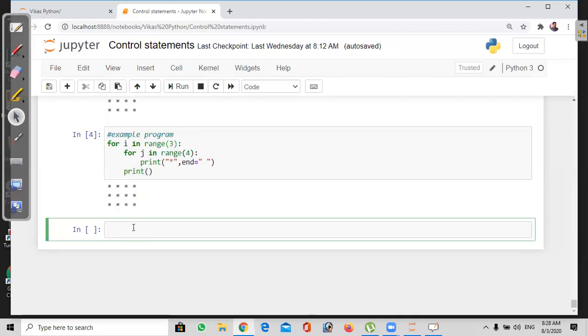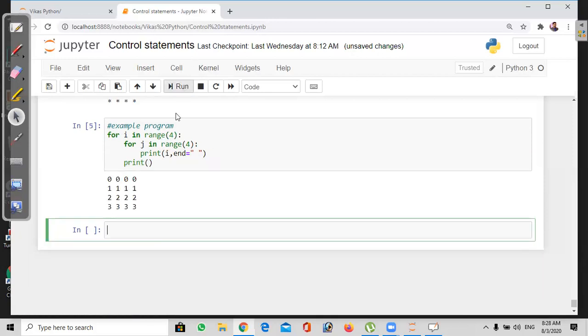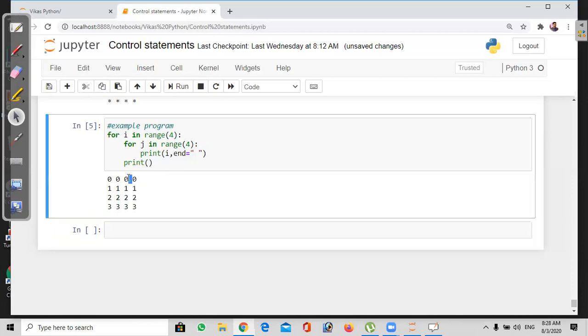So here we printed the stars. Now I want to print numbers. I have taken 4 by 4. I want to print the numbers instead of stars. Simply I have to print the i value. If I print the i value, what will be the expected output? First it will print 0, 0, 0, 0, next line 1, 1, 1, 1, 2, 2, 2, 2, 3, 3, 3, 3. See here, why has it not changed? It's printing the same value in a row, because i will only be modified when it completes one row.